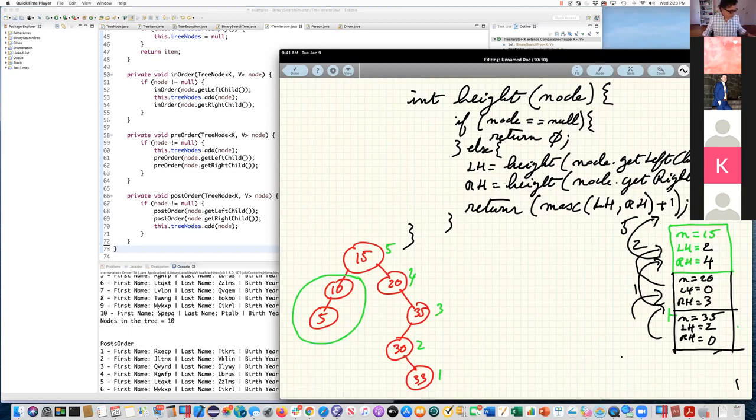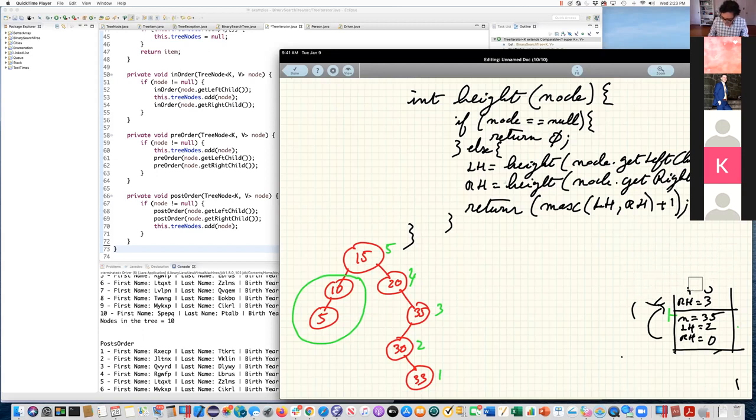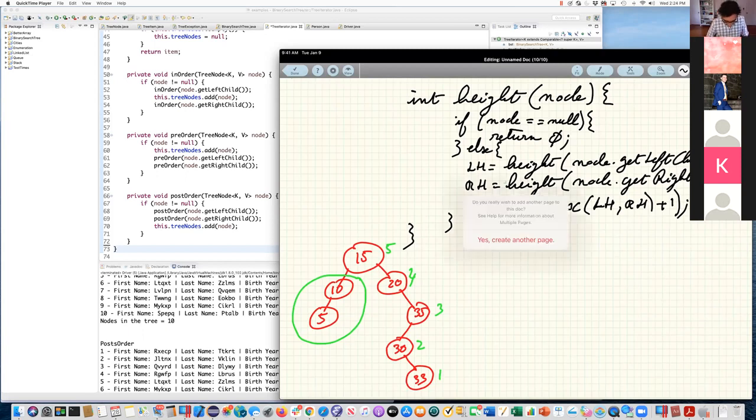Okay? How do I determine if a tree is balanced? Well, I clearly need to be able to measure heights. So that's why we did this algorithm first, okay? I'm trying to erase all of this. That's why I'm making this algorithm first. So let's go see if a tree is balanced, rooted at a particular node, okay?